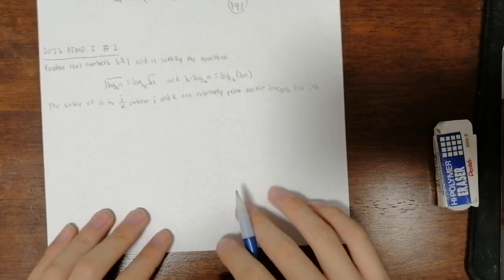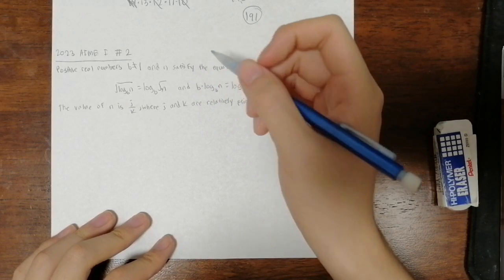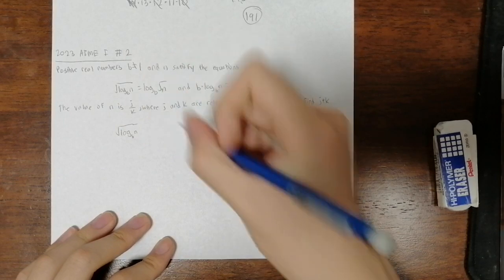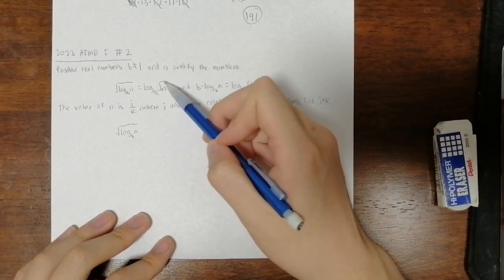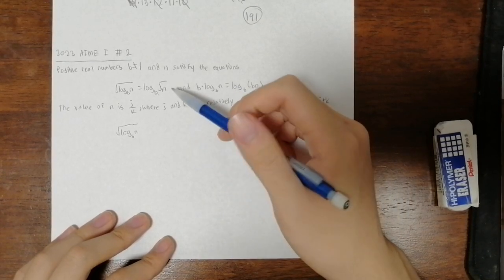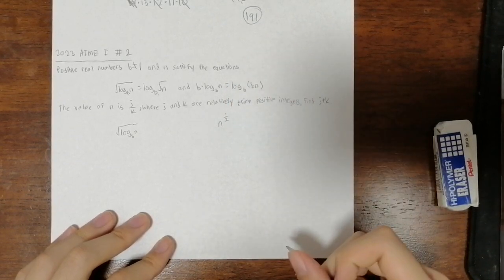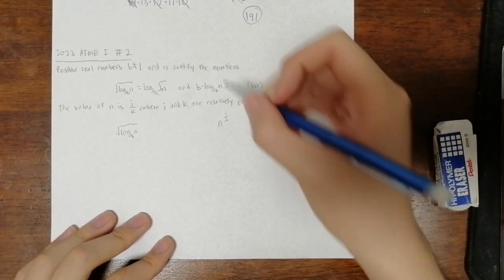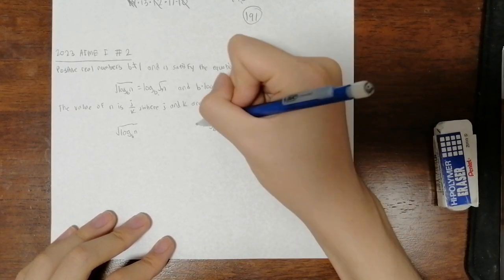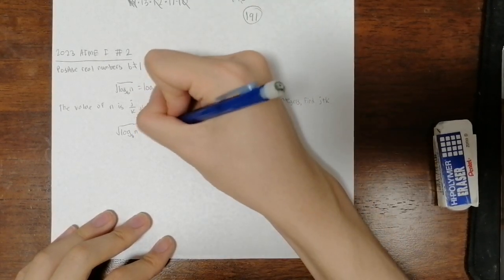Okay, so let's just look at this first equation and try to manipulate it and see if we can get anything useful. So the left side is the square root of log b of n. Our right side is log b of the square root of n. And if you didn't know, the square root of a number is just that number to the 1/2 power. And by our log rules, if we have log b of n to the 1/2 power, we can move this 1/2 to the outside, so it's going to be 1/2 times log b of n. So this is equal to 1/2 times log b of n.